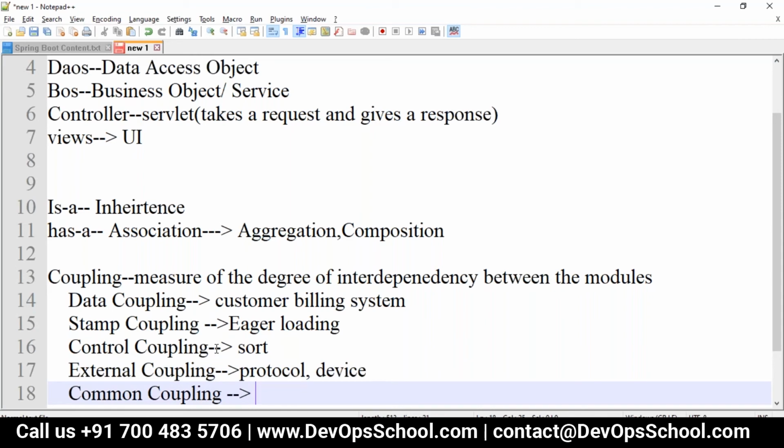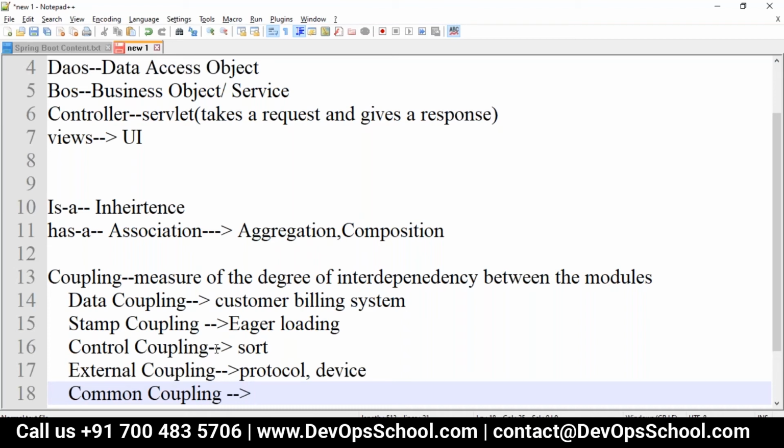Common coupling means shared data, like global data structures. It makes reusing modules difficult. It reduces the ability to control data access and reduces maintainability.